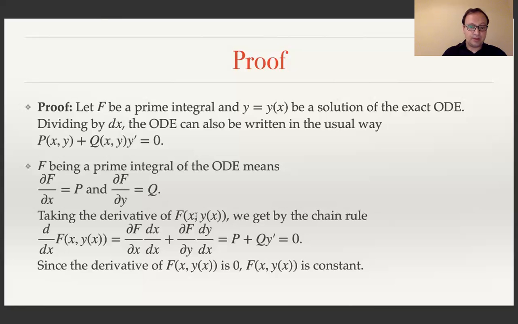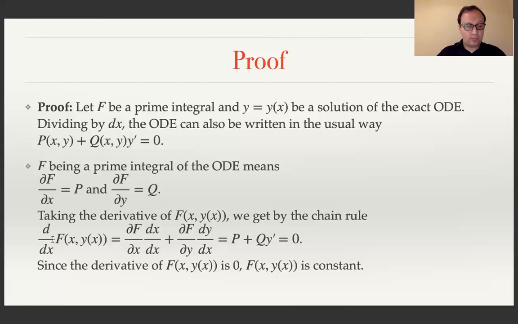So capital F of x and y of x. We have replaced the variable y by the function y of x. So now everything here is a function of x. So we have capital F of x and y of x. It's just a function of x. So now let's take its derivative as a function of x. And we get the derivative of F of x and y of x